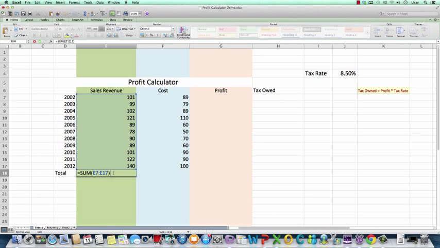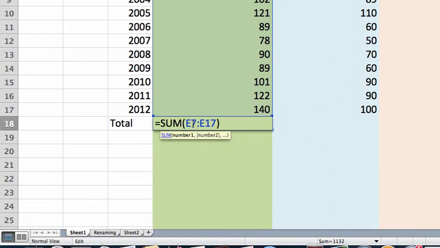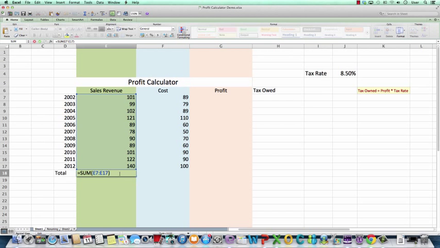Now let's take a further look at the cell referencing we just used in this function. As you can see, we use letter to represent the column position in Excel. We use numbers to represent the row positions of each cell. We don't have any dollar sign in front of the column position or the row position. This type of cell referencing is called a relative referencing. Remember, the key feature of relative referencing is if you drag a cell with relative referencing to the next cell,